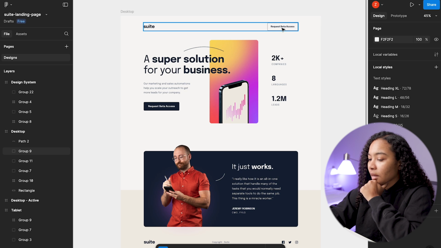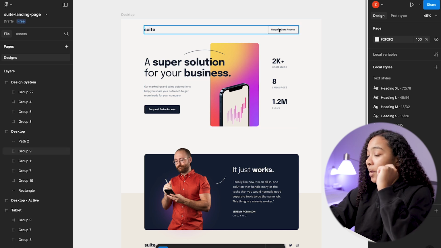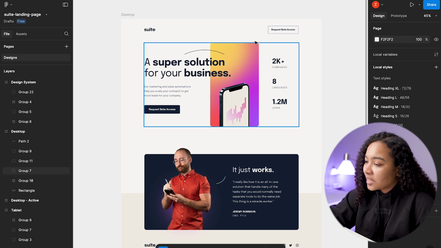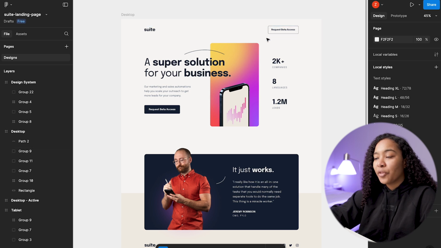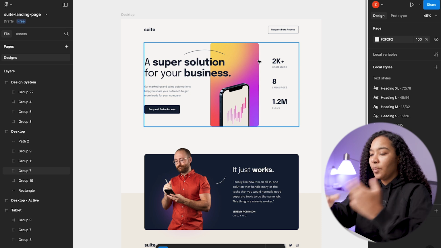So for instance, the logo is repeated twice, but it's probably just an image. But that could be its own component. So we might make a component for the logo. And then these two buttons, the request beta access, they're similar in style, but they're not exactly the same. So I think we can use a base for that and make our code a little bit more semantic by